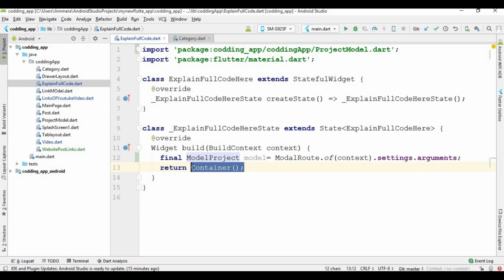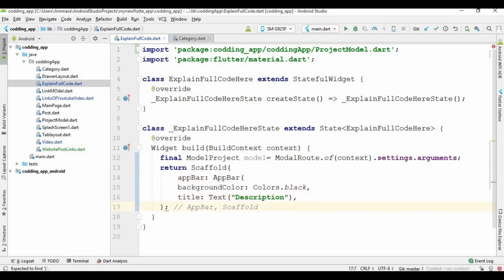And now I am going to remove this and create a class, and inside this class first of all I am going to create an app bar, and after that a body section.